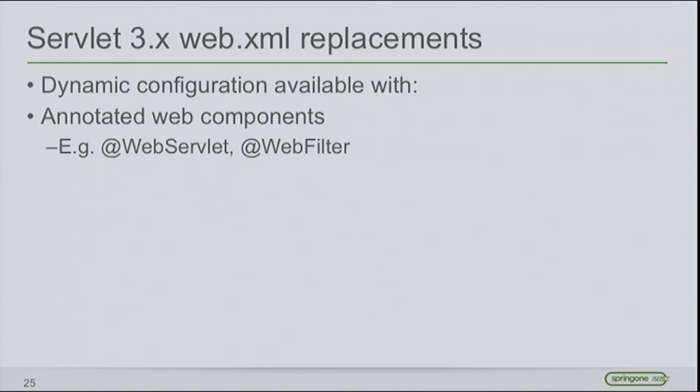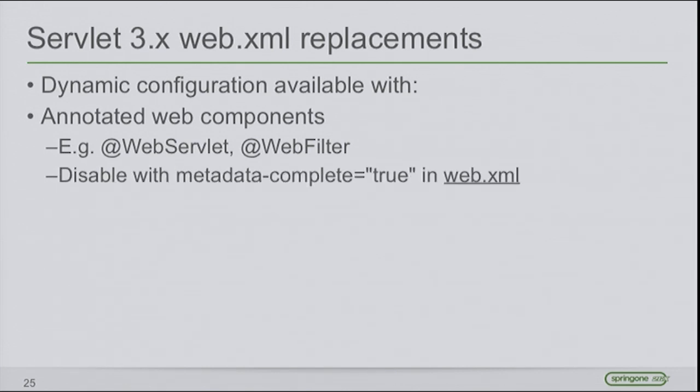So that means if I create, and the nice thing with that one, these classes need to be in the classes folder. So it's not allowed to place them in a library. So if I create a library and I would annotate my class with web servlet, it will not work because it's in the lib folder. It needs to be in the classes folder in order that this stuff works. So that's pretty secure. It works pretty nice. And that can be disabled with metadata complete true. That is the only thing you can disable with metadata complete true in the web.xml file.